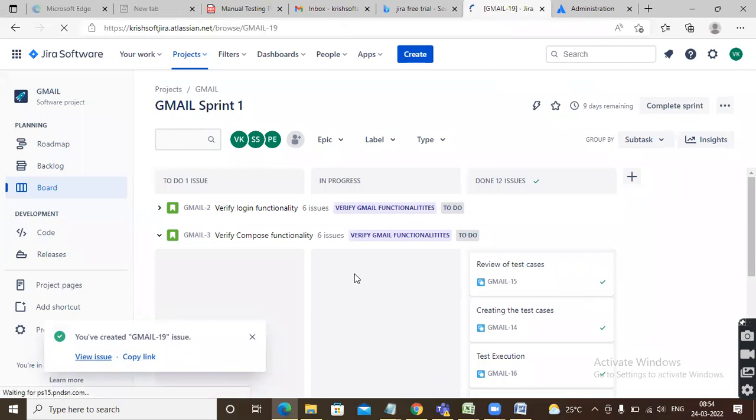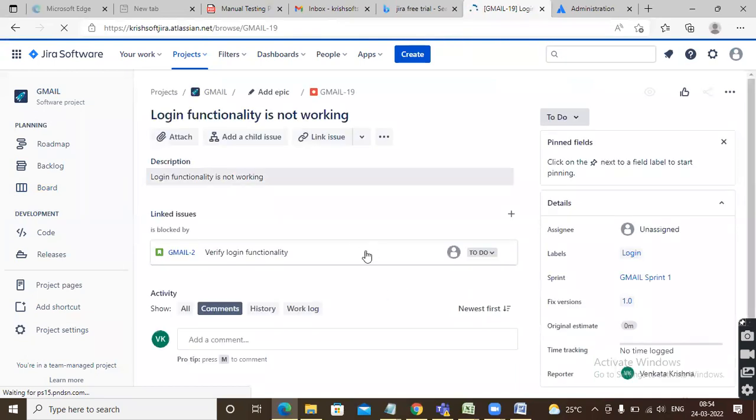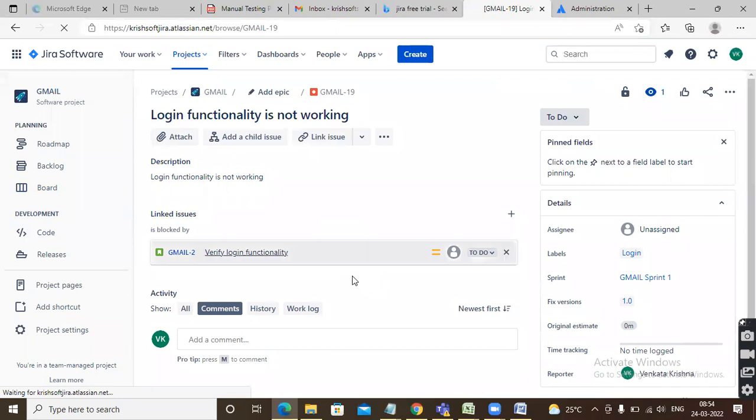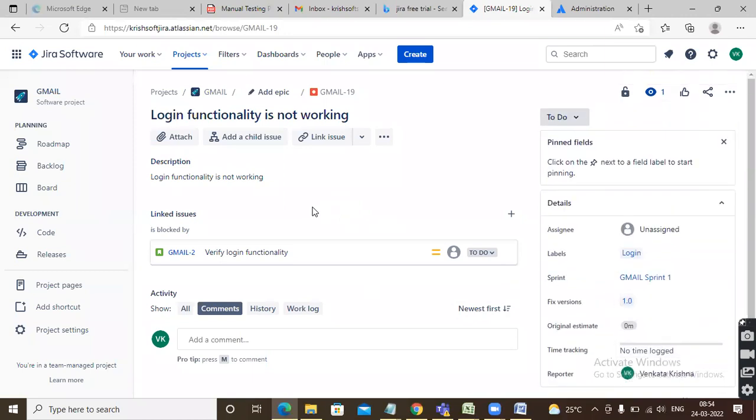View issue, if you want to view it, you can view all the bug details. See, login functionality is not working. Okay, this is the, yeah, blocking. This user story it is blocking, and this is the description. If you want to add attachments, yes, you can attach, and you can add a child issue, even for a bug. Okay, all these fields will be there, but in real time, guys, one more thing I need to